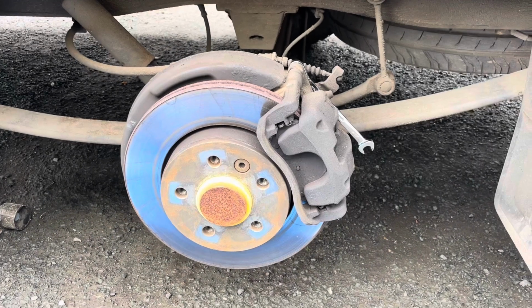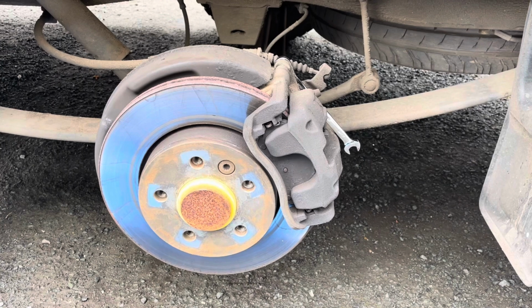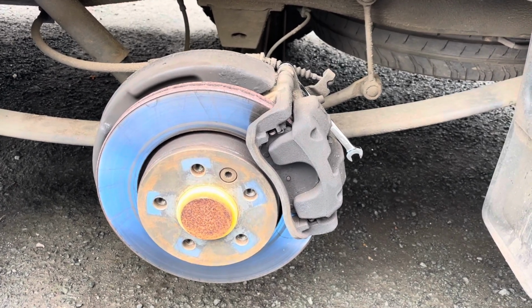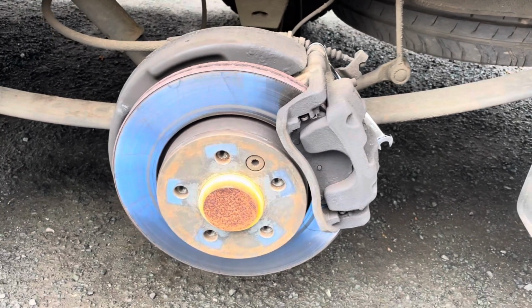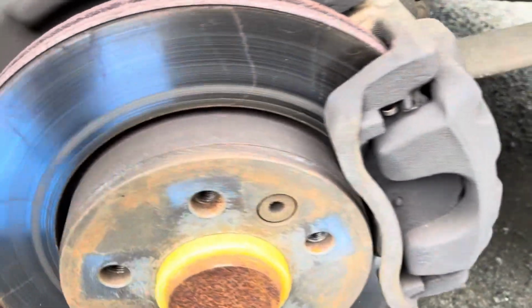Today's job, changing the rear brake pads on a 2019 VW Crafter long wheelbase 177 Auto with 26,000 miles on it. The front brake pads were changed about 500 miles ago. The rear pads have just started squeaking, but they've still got